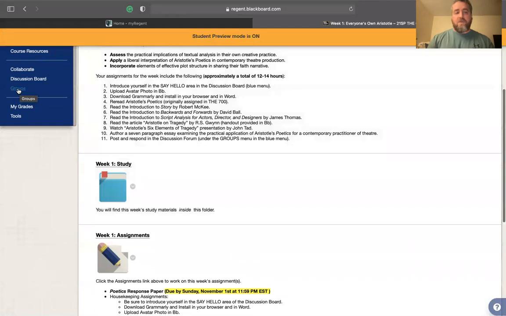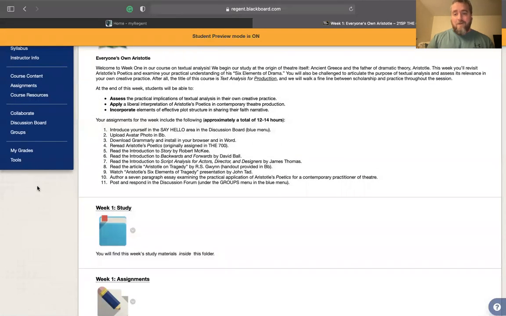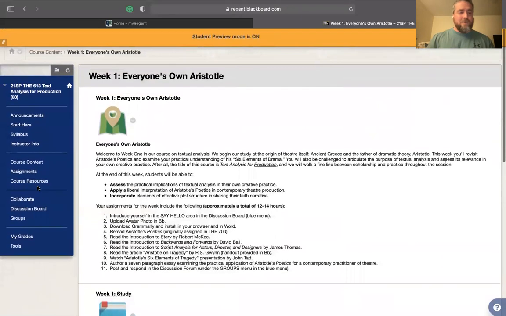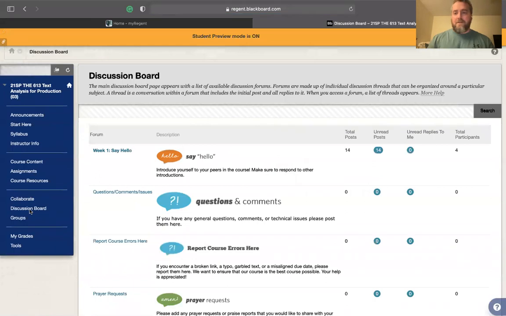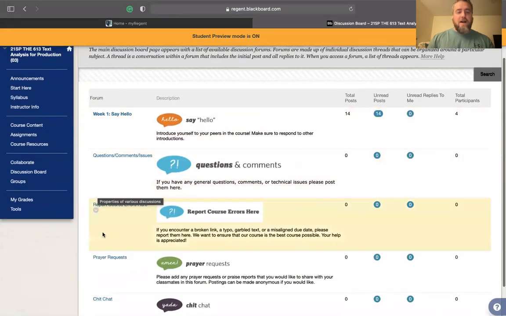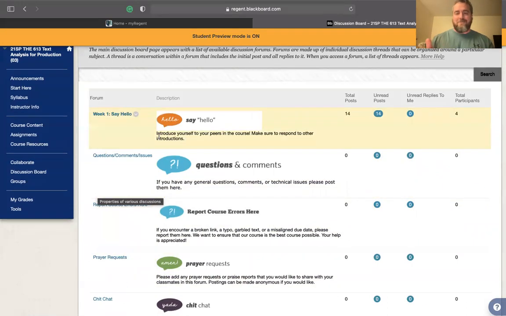You're looking for the group discussion board. I'm really hammering that one because there's often a lot of confusion early on. Usually the first week, folks will click on the public discussion board and they'll say, where's my writing prompt? And I say, well, it's not going to be there. It's going to be in the group discussion board. So I just want to make that very clear for you so that you don't feel lost.